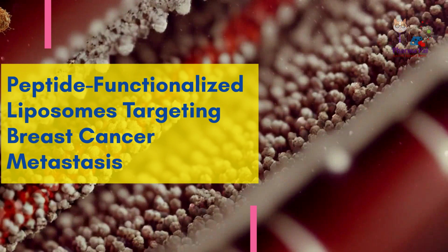It turns out that the density of the DV1 peptides on the liposome surface is key. We found that at a density of 24,000 DV1 molecules per square micrometer, or LDV1-24K, we achieved the highest binding affinity to these cancer cells. This means that the liposomes are very effective at targeting the cancer cells, which is exactly what we want for